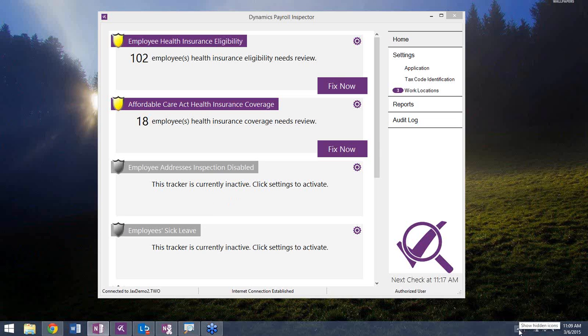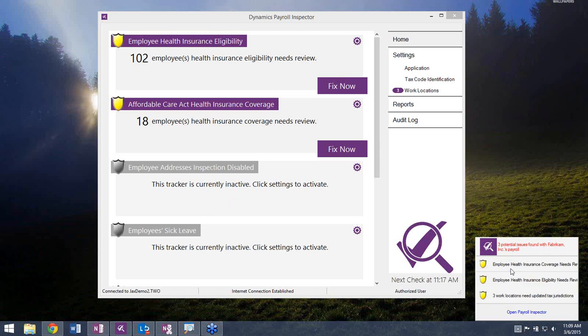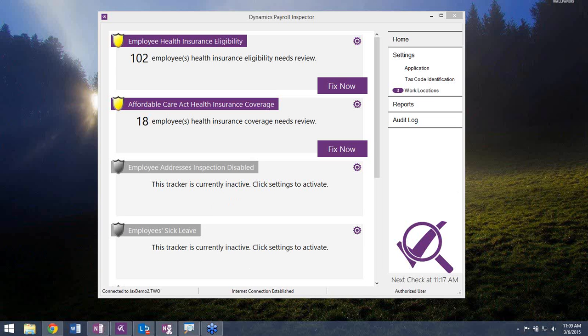You may have seen a couple little triggers popping up down here that look similar to this as I've been talking. So the Payroll Inspector does live on a user's desktop if that's the install method, and it's going to allow alerts to be populated directly through the Windows toolbar.